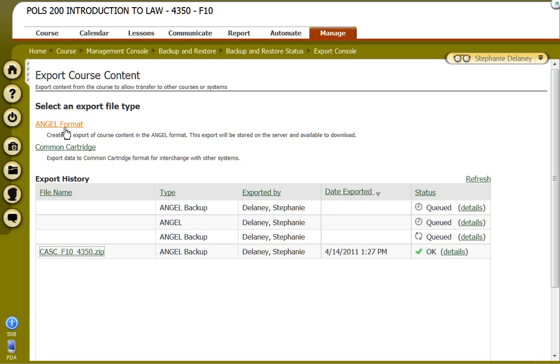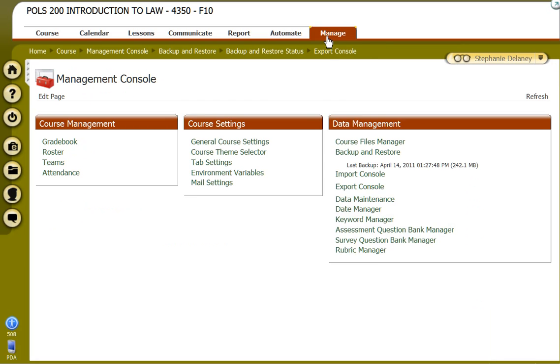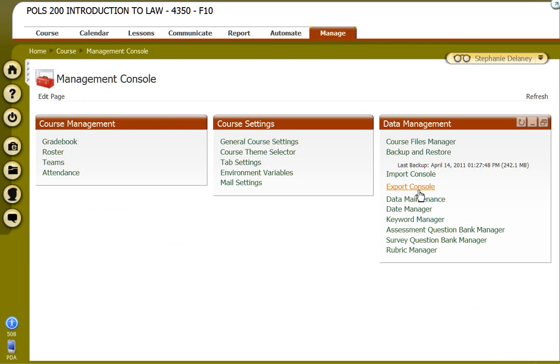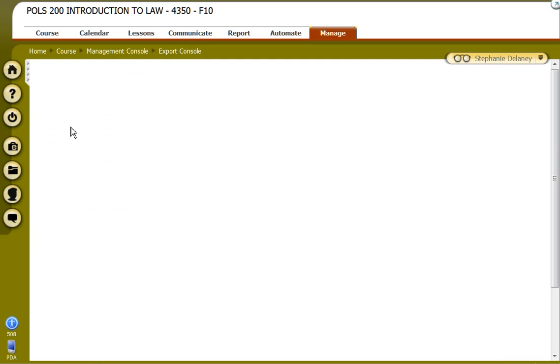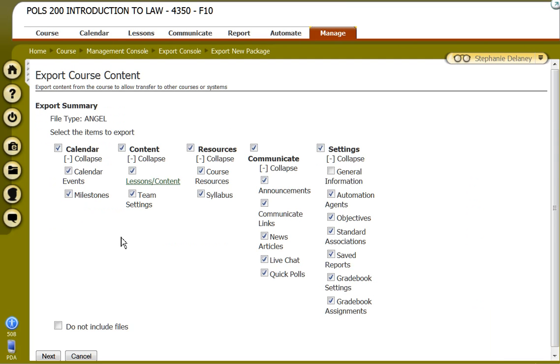so that you can use just the content later on. And so you go to select an export file type, and we want Angel format. And if you're coming into this fresh, again, it's just the Manage tab, and you're going to the Export console. And we're going to export in the Angel format. And then it's going to give us a little summary. What is it that we want to export? And you see that it's only the content of the class. There's no student data in here. So we just click Next,